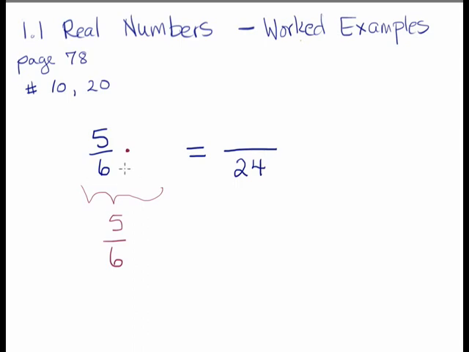If I multiply 6 by 4, I'll get 24. How can I write the number 1 as a fraction with a denominator of 4? I can write it as 4/4 because 4 divided by 4 is 1. This is really 1. So I'm still multiplying the fraction 5/6 by the number 1. It's just that my choice of the number 1 has been chosen very creatively so that I can get 24